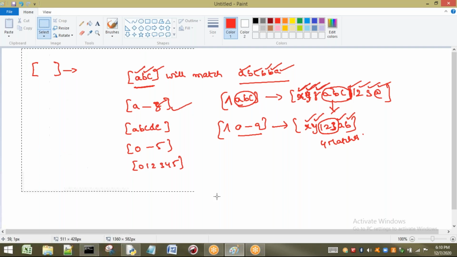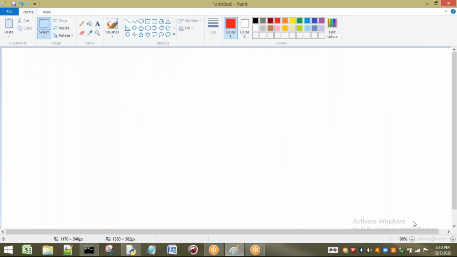Now I want to discuss one more meta character, that is dot. I think I have already discussed this point also. What is meant by this dot? So once again I will explain. Dot indicates a period, and it matches